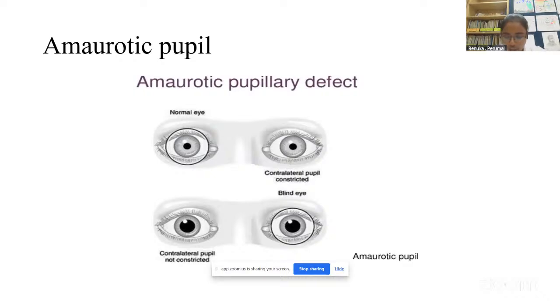Next is amaurotic pupil. Here the pupil will be abnormal due to the complete optic nerve lesion. The features will include light reflex, indirect light reflex, and the near reflex. Amaurotic refers to blindness. You can see in the picture of the normal eye the contralateral pupil constricted, whereas in the blind eye the contralateral pupil is not constricted. So here we have a mechanism of the afferent pathway, that is from the retina,